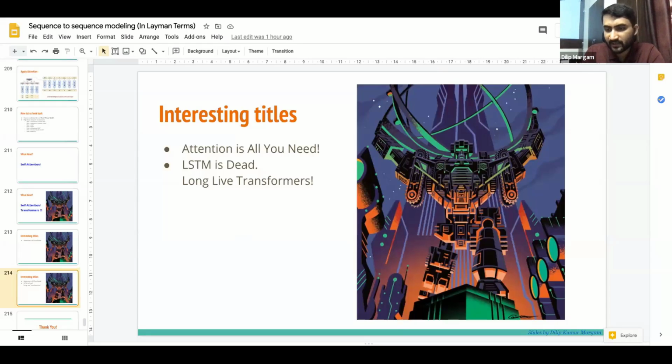It depends on your task. When you know that your input won't be longer than, say, 512 tokens, and your output also won't be longer than 512 tokens, you can straightforwardly go and use transformers. But when you're not sure, and your input can be of arbitrary length, like 2000 or 10,000 tokens, then transformers is not what you should use. Then LSTMs might be the thing you want to try. So it is a very use-case-specific choice. Whatever model you take, it has some benefits and some drawbacks.